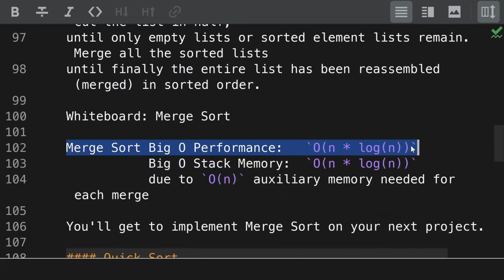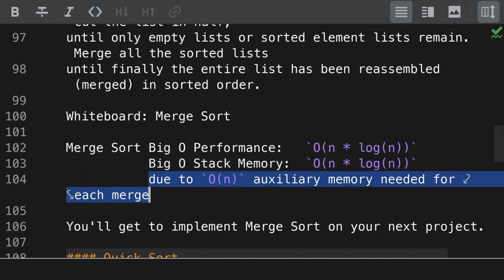I've got that written down here. Big O performance is going to be n log n. One thing that's new, though, is big O of stack memory. This is going to be n log n as well. And you can do a little bit more reading about this online, but the short explanation for this n log